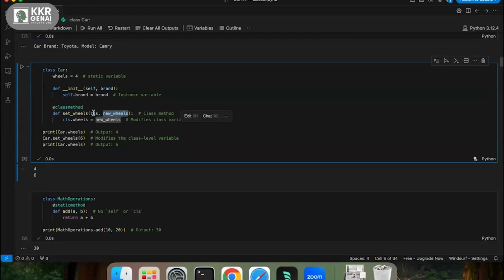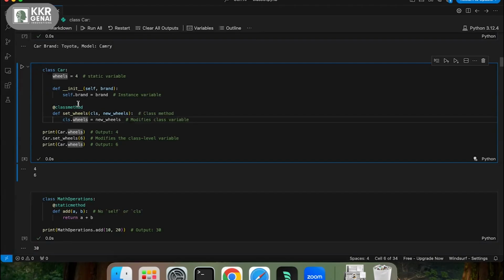To declare a class method, the first parameter is the cls parameter, and I need to add the @classmethod decorator to my method. This is how we generally write class methods in the Python world.